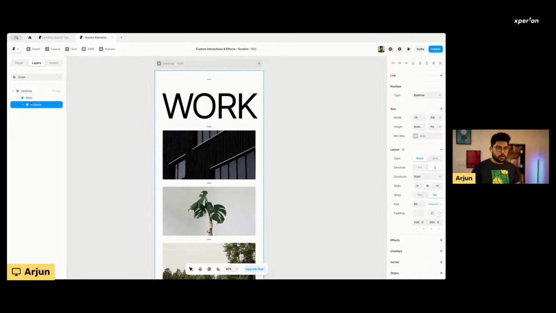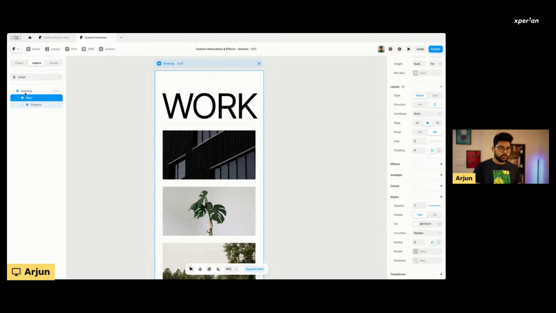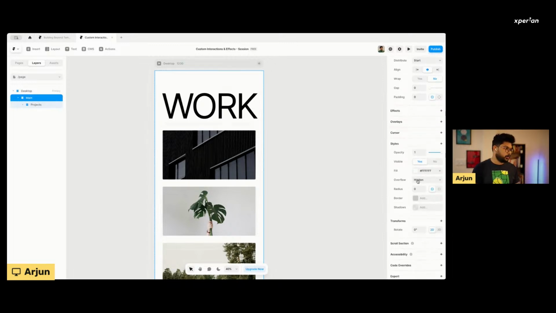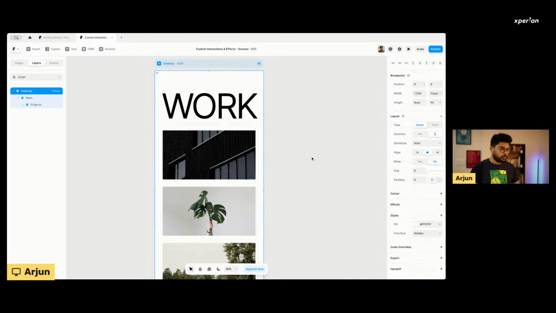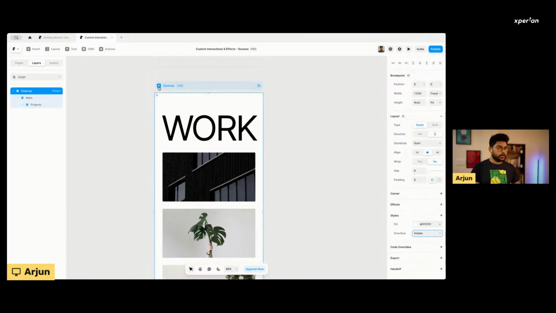So ensure that however many other layers you have nested in, all those layers have the overflow set to visible all the way to the top. Overflow set to visible. Now we can go ahead and test it,